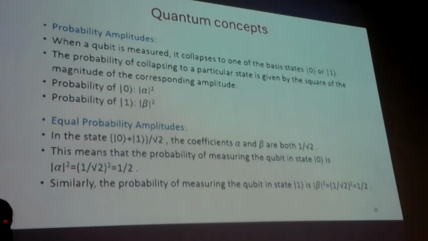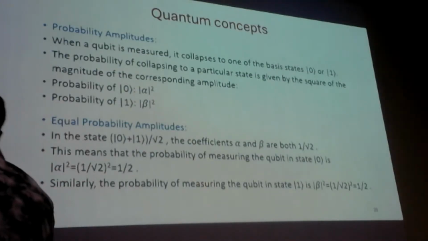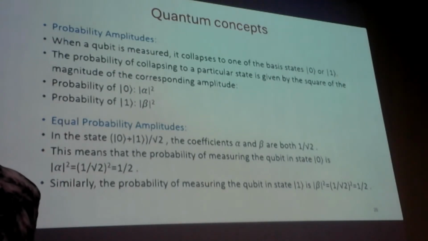So equal probability amplitudes. Now when it is 50% this and 50% this, you can write it as 0 plus 1 divided by root 2. So 1 by root 2 whole squared plus 1 by root 2 whole squared, that becomes a half. The probability of measuring the qubit is